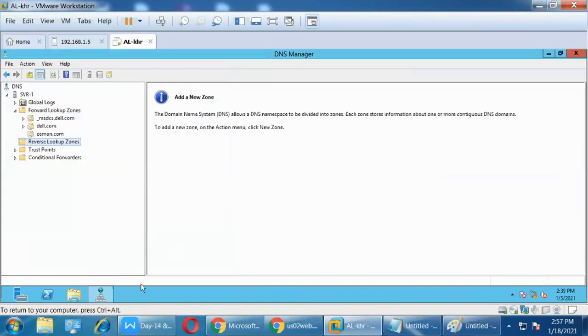This lab we can do, but not today; on Saturday we can do it. Maybe tomorrow I will complete this MCSE course. Then we will start networking, because we get two days off. Otherwise, I would need to start the new network course. Inshallah we will complete on time. DNS lab, whatever labs are left, I'm going to complete the theory first. Today and tomorrow I will take all the theory classes because three topics are left. Those three topics are theory, and Saturday we can do the lab.